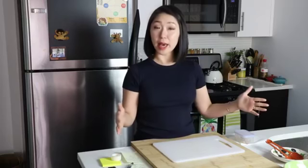Another way to do it: at the end of section 3, you will see that I prepare the sweet potato mash. In my experience, that section actually took the longest time for me. So if you have a big kitchen and a lot of counter space, and you feel comfortable doing a little bit of multitasking,